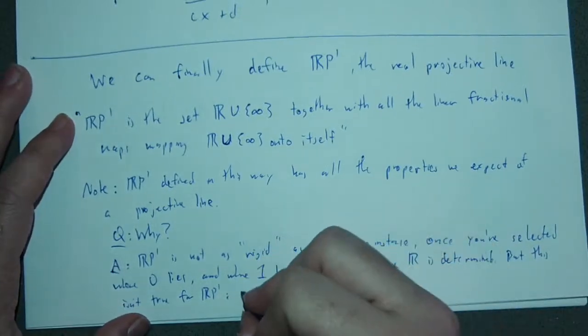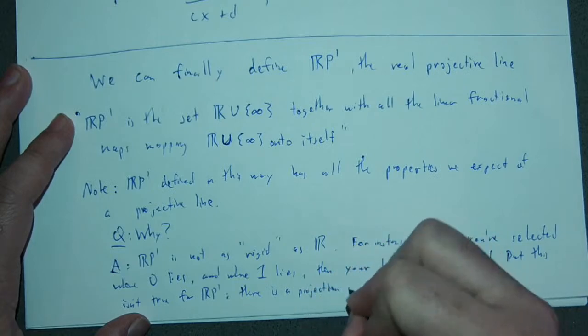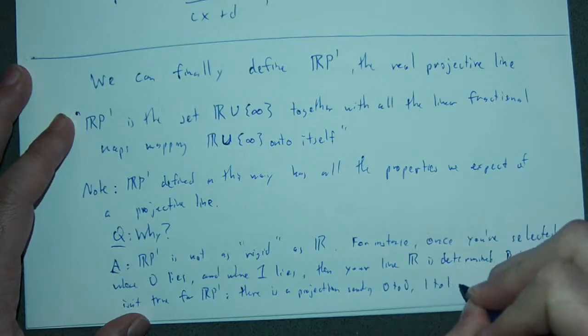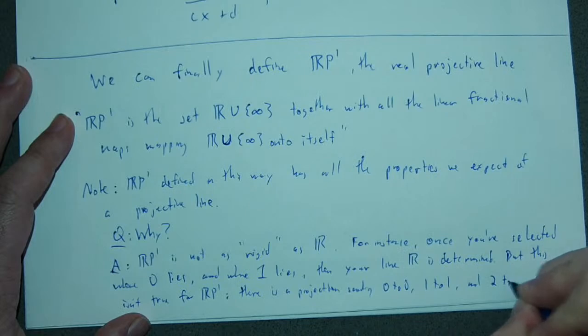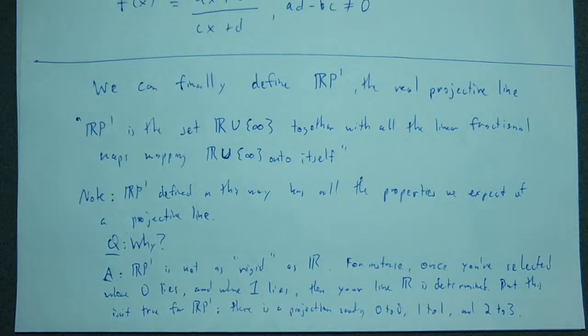Okay. Because there's a projection sending 0 to 0, 1 to 1, and 2 to 3. Well, what does that mean? What this is saying is that since RP1 is taken to be this set R union infinity, or some point we're calling infinity that's not on R, together with these linear fractional maps that map this set onto itself,